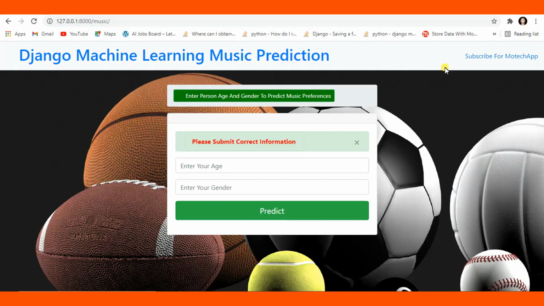In this tutorial we are going to develop a machine learning model for predicting music preference, and then after we'll deploy it on Django. Before I give the introduction and overview picture of this project, I would like to apologize